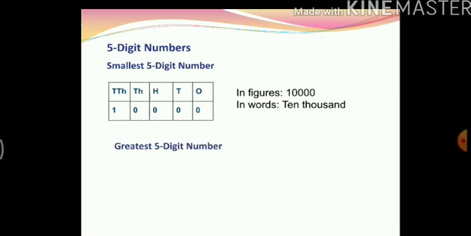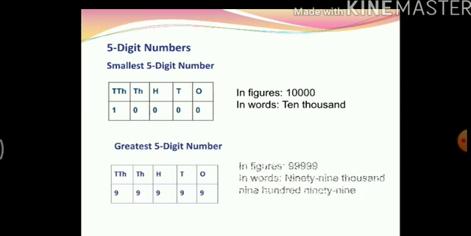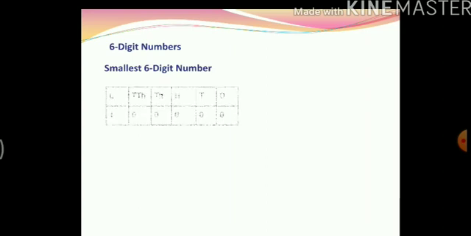Similarly, the greatest 5-digit number is 99999. In words 99,999. When we place it in the place value chart like this, it becomes easier to write the number in figures. Let us try the same with 6-digit numbers. The smallest 6-digit number is